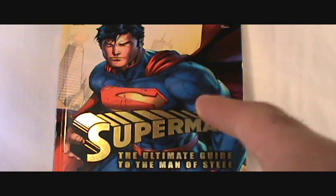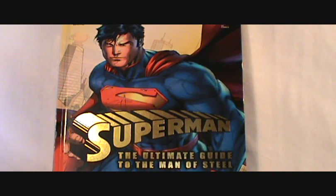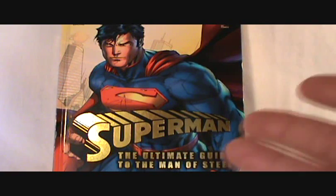But nonetheless, here we are at one of the last things that's going to be part of my Superman week, and I just picked this up at my local Walmart. Now traditionally you won't find some of these books at Walmart, but I think with the release of the Man of Steel movie, Walmart was pretty much like, we want all available Superman items we possibly can in the store to get our customers to buy as much Superman stuff as we can,